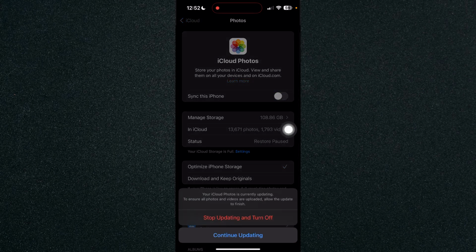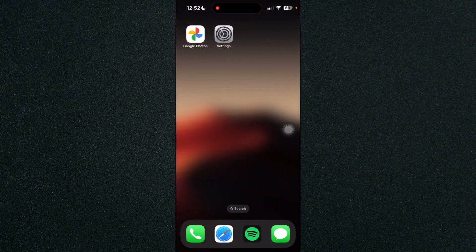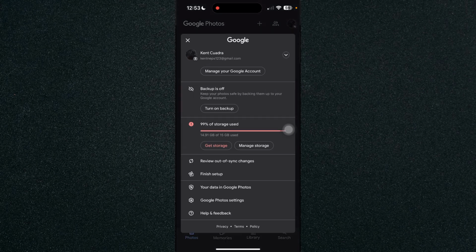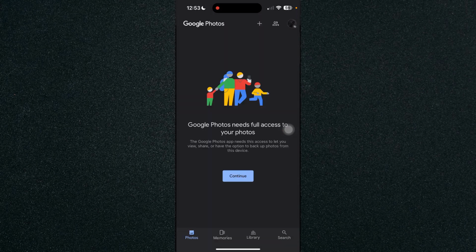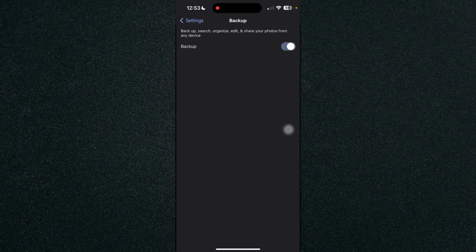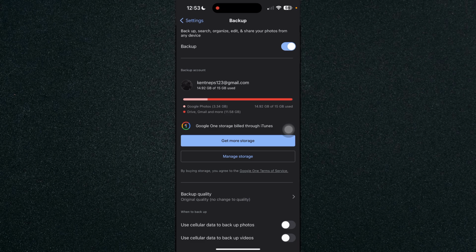off the sync. And then what you want to do next is head on over to Google Photos and click on your profile icon in the top right corner and click on Google Photos settings and click on backup and toggle backup on. What this does is it will back up the photos on your iPhone to Google Photos. And that's about it. That's how to make Google Photos default on